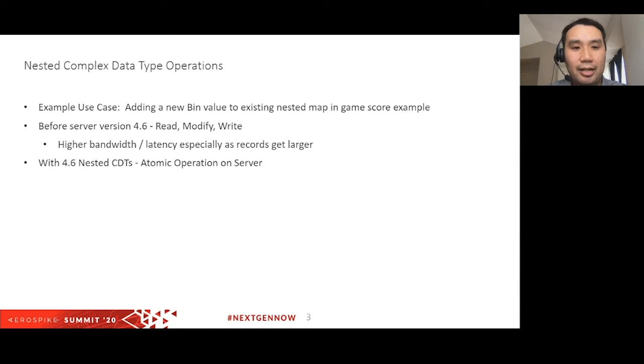For the first topic, let's talk about nested complex data type operations. I think the best way to explain how this new feature works is to go over an example. Ronan Botzer, our director of product, has a blog on Medium where he adds a new bin value to an existing nested map. So basically, he's able to do this